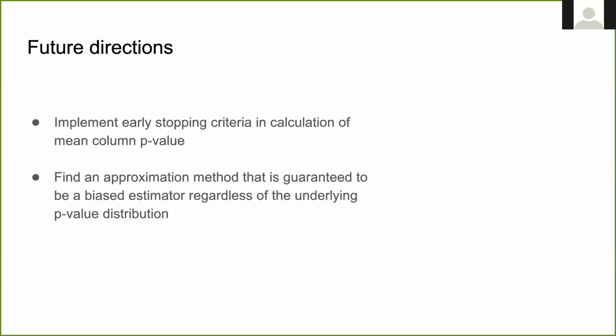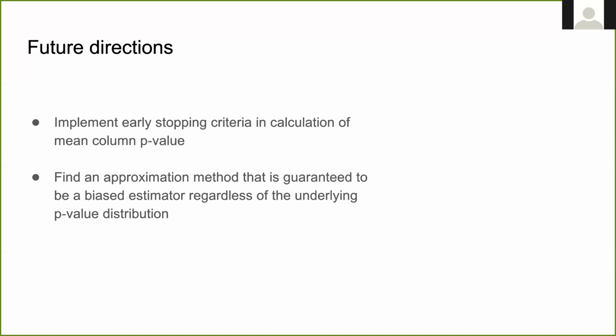So a couple future directions. The first one is to implement an early stopping criteria in calculating the mean column p-value. That's essentially to compute the parameter, the mean for the Poisson approximation, and that requires us to sum over every single p-value for every single column. It's worth noting that the original low-freq algorithm has some shortcuts that don't require it to go through every single element for every single column and allows it to stop at some point in time. So we believe that this might be one of the reasons that on smaller data sets, the Poisson approximation performs the same as the Poisson binomial exact calculation. And so that's one of our future goals, to make sure that this speed up holds across all data set sizes.